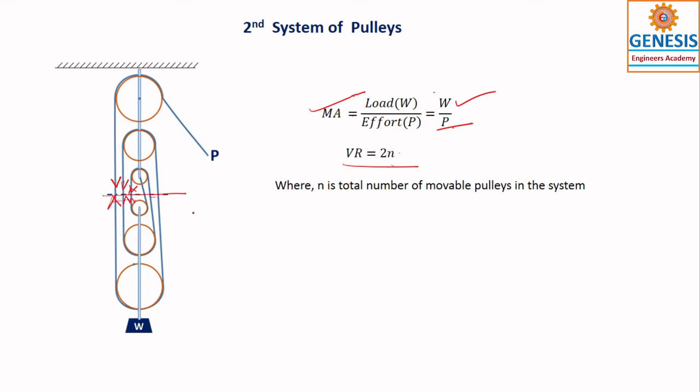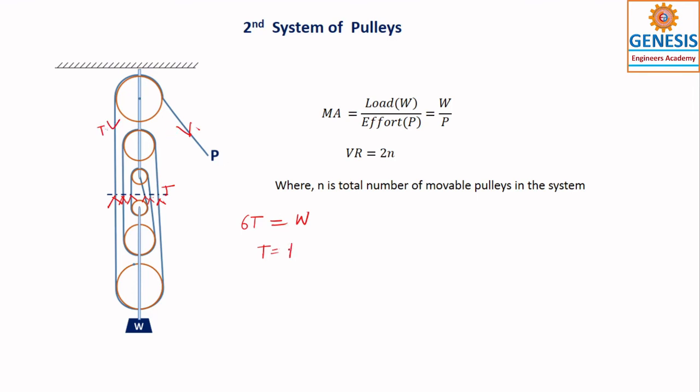How many loads are there here? If you clearly observe, I only drew this one. If you cut, these are the tensions in the string. So all are having T. So this is 6T, that is equal to W. Next, T is equal to P. So you start here for P and it is T.